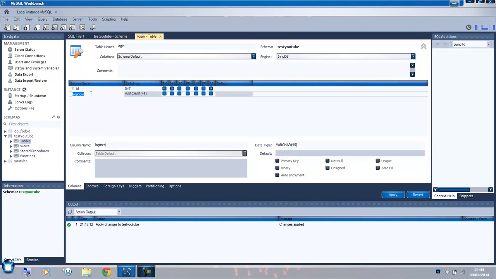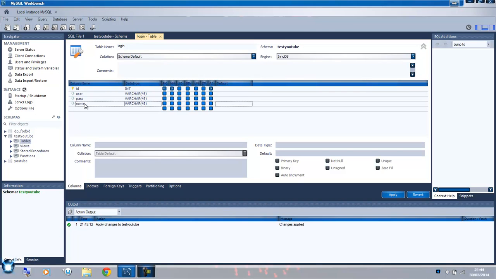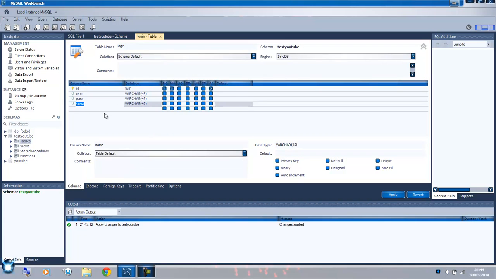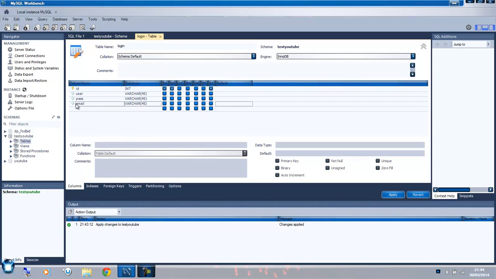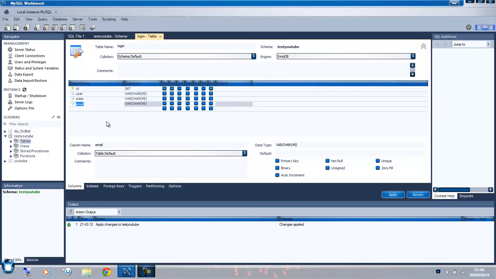Then we're going to have user, and then we're going to have pass, and then we're going to have name, just so that they can have their own name. Or actually, no, we'll call that email address. Email. What I'm doing is just double clicking on each field